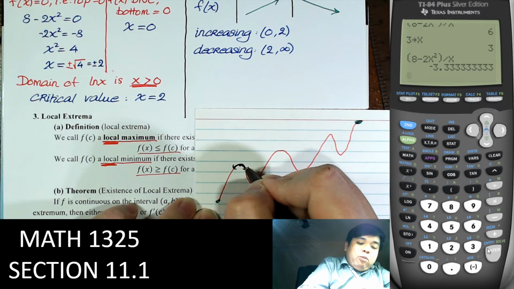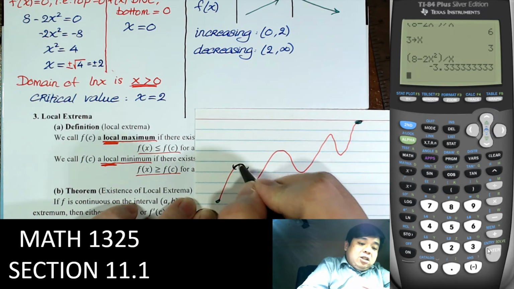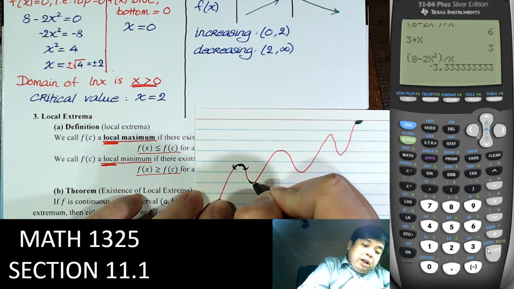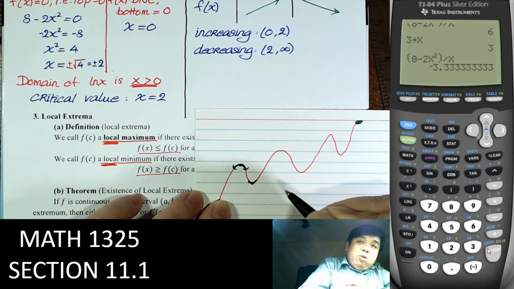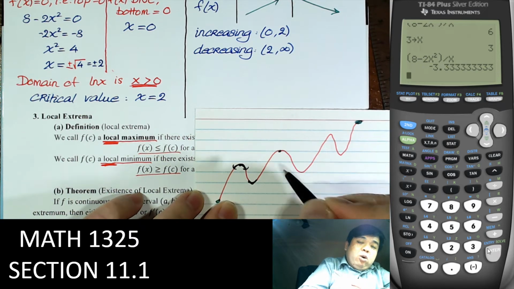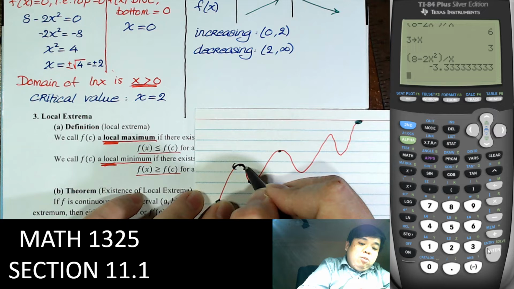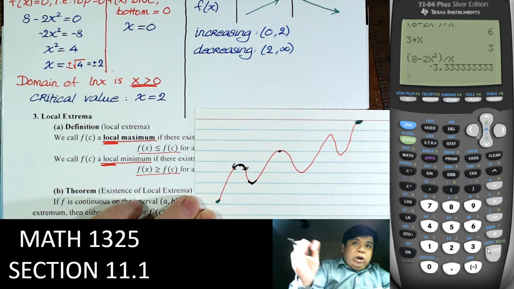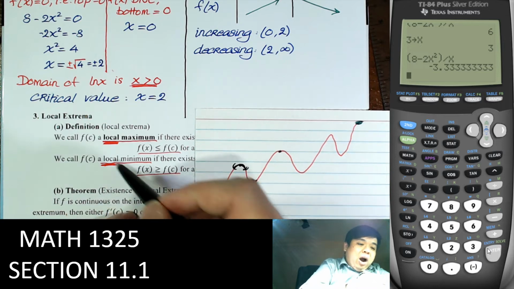And we compare the points around it, and that is the highest point, so that's the maximum. And we compare the points around it. This is the lowest point, that's the minimum. We do not compare this point to that point because locally we only choose a very small interval to compare the point, not the whole interval. That's why we call it local